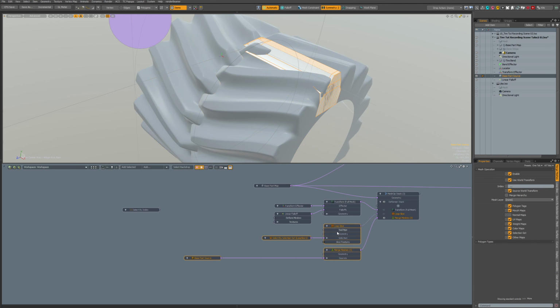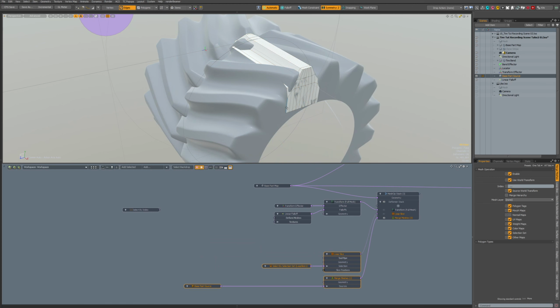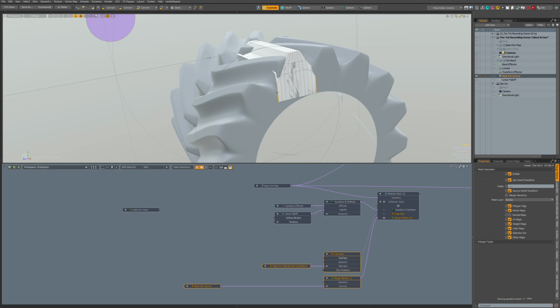As we are here, I think I'll make the same thing for here. So new set, and this set is loop slice 2. I can duplicate this operation, or can I?